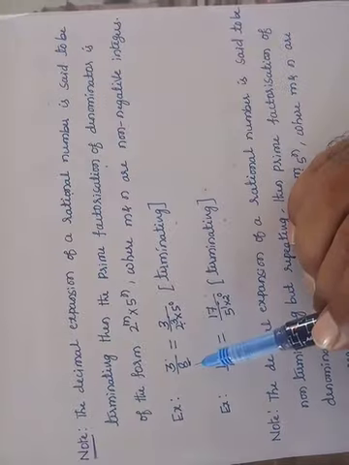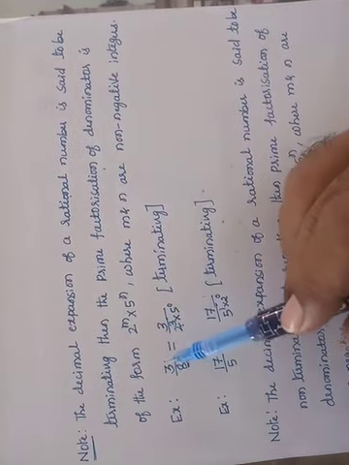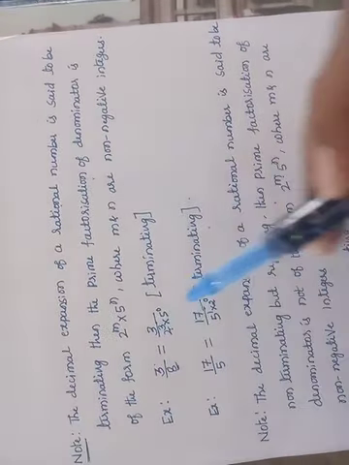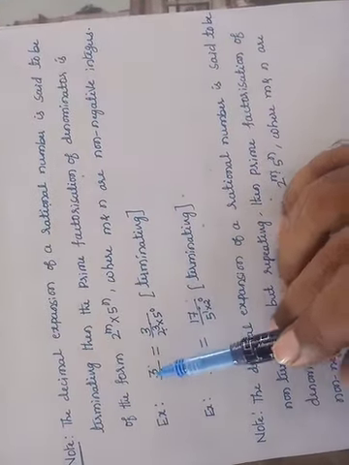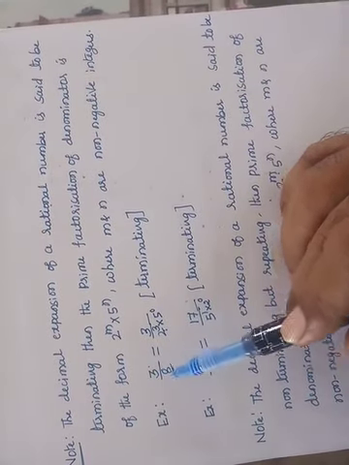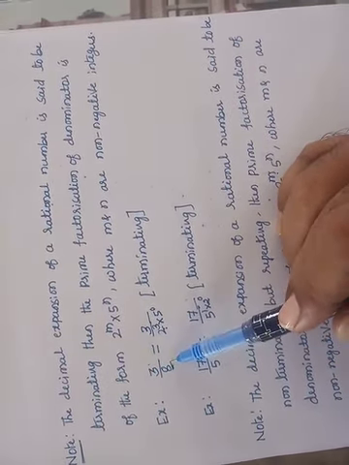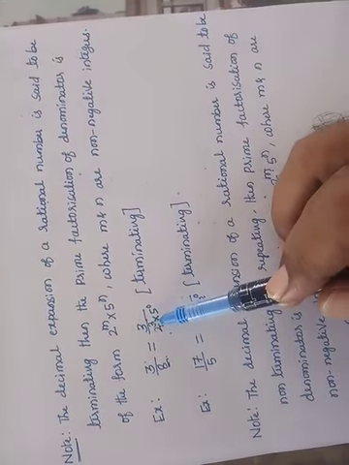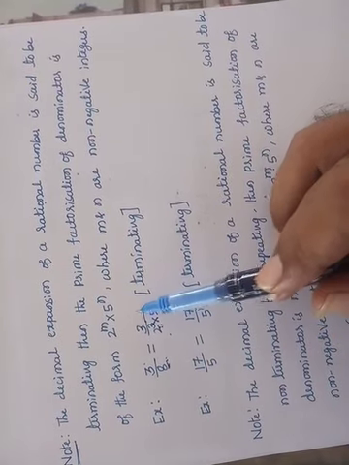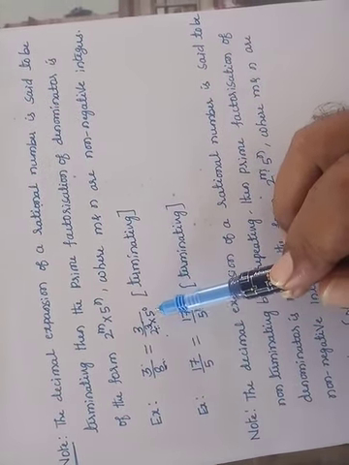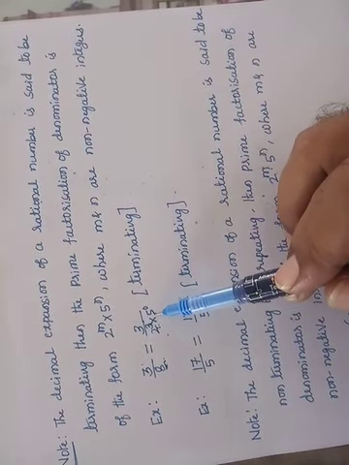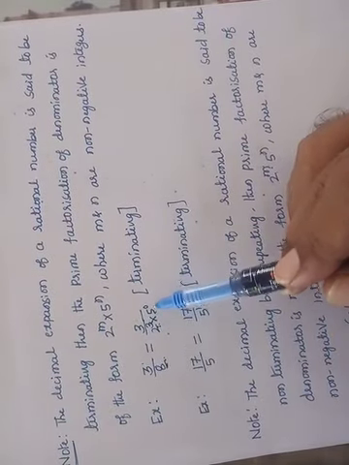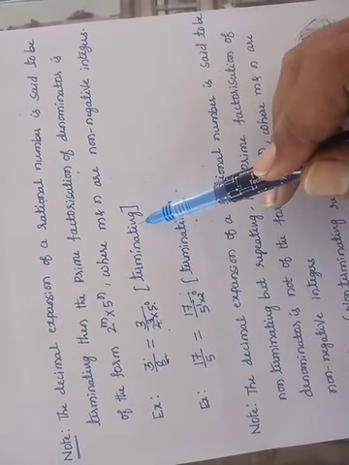Without doing the long division, we can check whether the given fraction or rational number is terminating or non-terminating, just by seeing the denominator. In the first example, take 3 by 8. The denominator 8 can be written as 2 raised to 3. 2 to the power 3 gives us 8. 5 is not here, so we can write 5 raised to 0, which gives us 1 only. So we can write the denominator in the form of 2 raised to m into 5 raised to n. So this is a terminating decimal expansion.